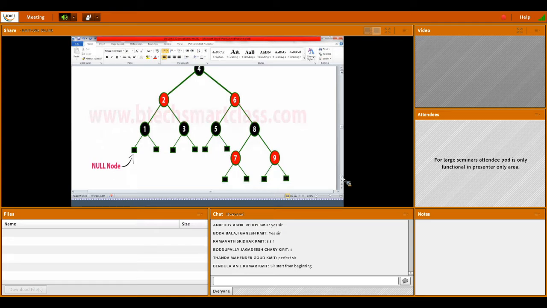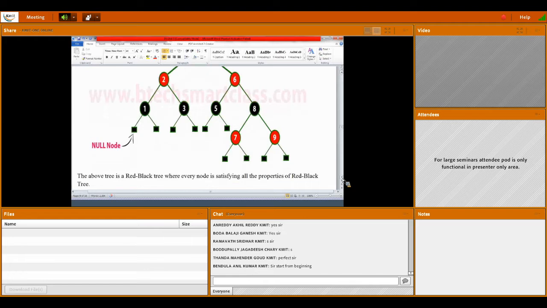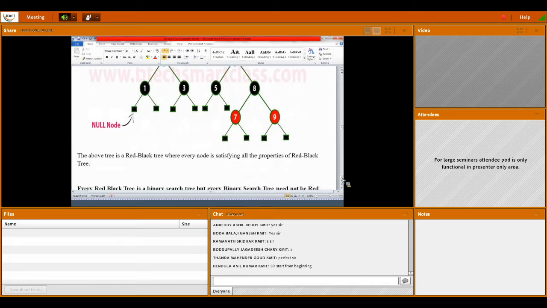So that means there are no similar colors adjacent. If red is there, next black, black is there, next red, like that. And all the null nodes must be black. Here the one node is there and the null nodes are there. Null nodes means where you have to insert the new one. So it is a provision to add the new one. So this is the example of a binary search tree which is colored. So that's why it is a red black tree.